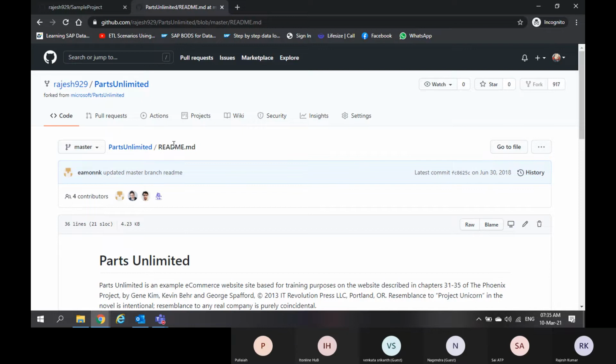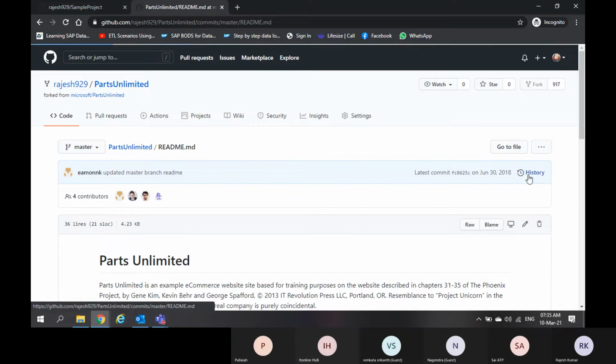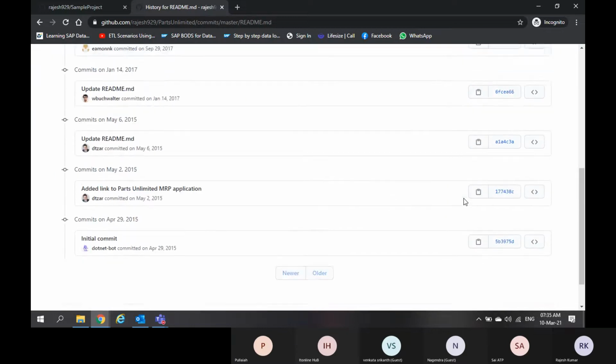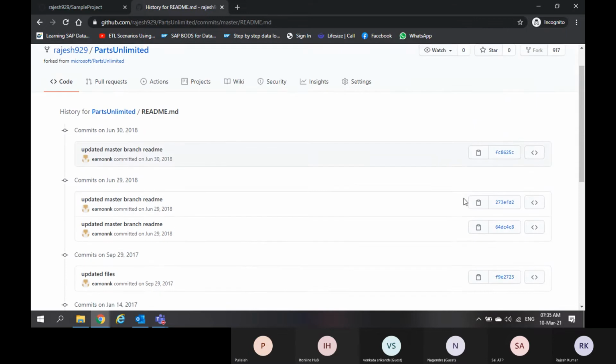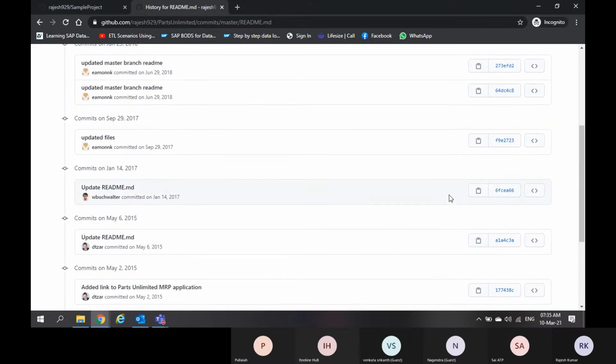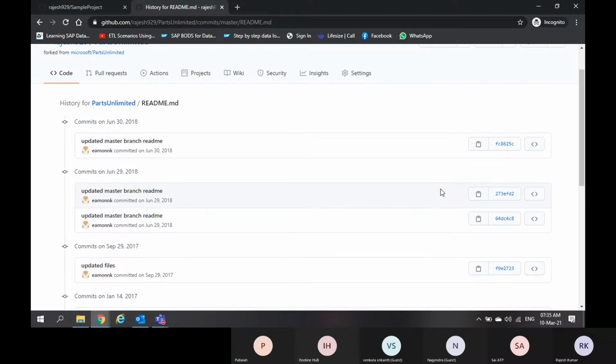If you see here in this readme.md, if I go to the history, I have multiple commits on the same file. These are specifically on this file, not from the entire repository. All these commits, that means all these save operations, happened on this single file.